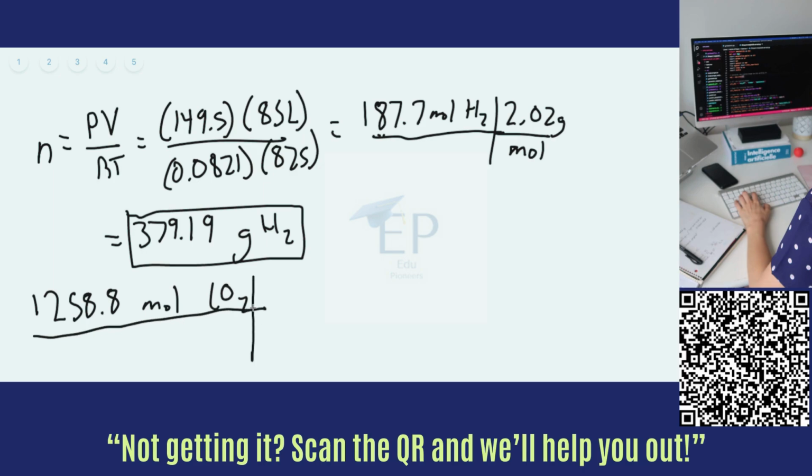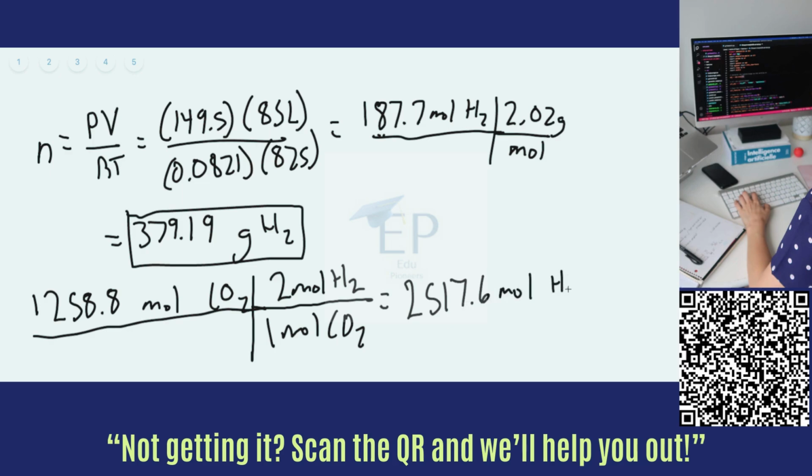So if we used all of that up, we have a 1 mole of CO2 to 2 moles of H2 molar ratio. So we just multiply that number by 2. And when we do that, we get 2517.6